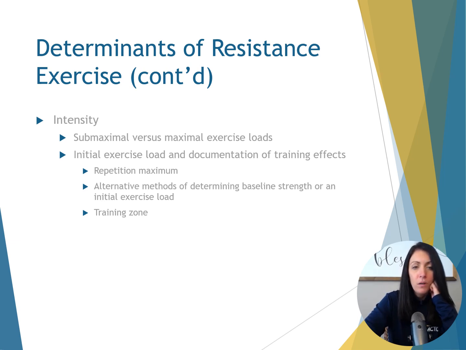Repetition maximum, or RM, is defined as the greatest amount of weight or load that can be moved with control through the full available range of motion a specific number of times before fatiguing. There are two main reasons for determining rep max. One is to identify an individual's initial exercise load, the amount of weight to be used during exercise for a specified number of repetitions, and also to document a baseline measurement of the dynamic strength of a muscle or muscle group against which exercise-induced improvements in strength can be compared.